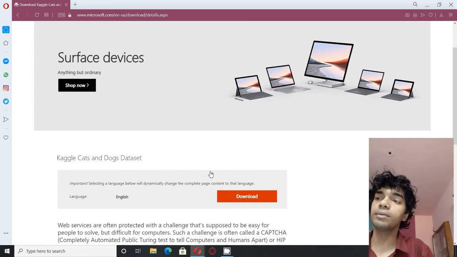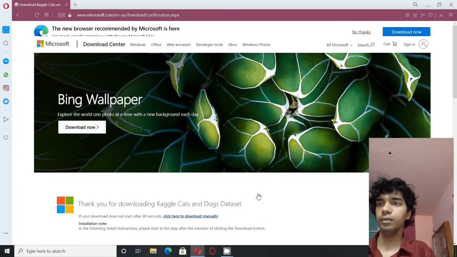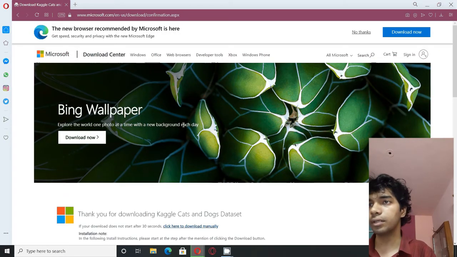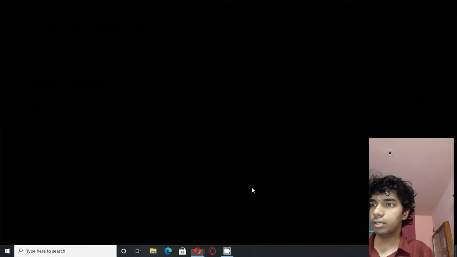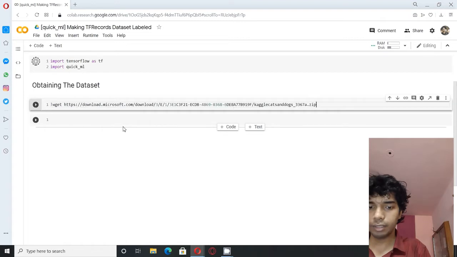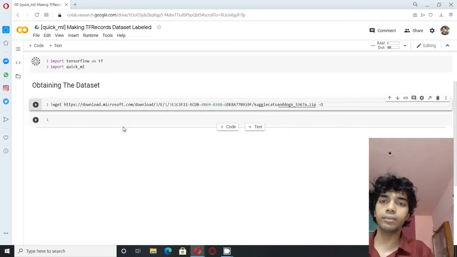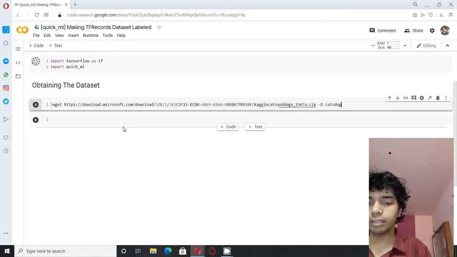So click over the download button. Let's now download to our local machine. Just copy the URL and download using wget. It's a good practice to name the file whatever you want, so I will name it cats dogs zip.